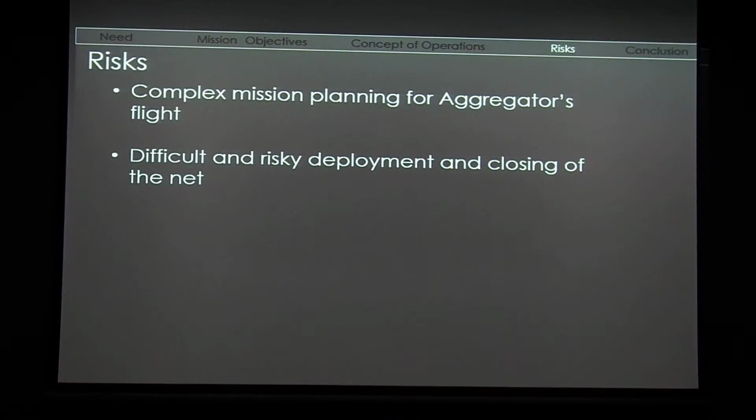Another risk is the difficult and risky deployment and closing of the net. It's a big net, it's a membrane structure, it's difficult to predict sometimes what will happen. And of course, possible net breakage. If the net breaks, we will probably create a bigger problem than we were trying to solve. So this is a serious issue. We have to be careful with